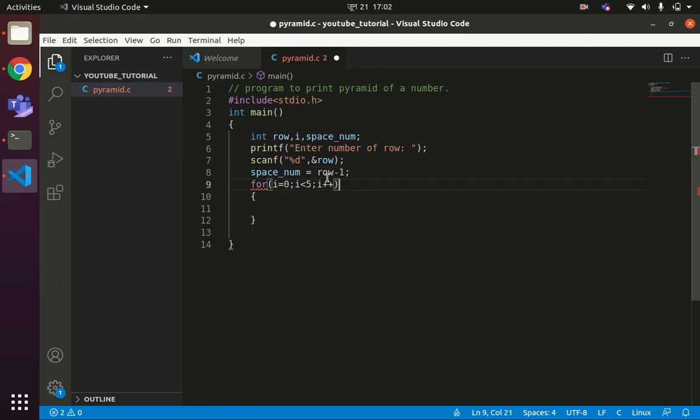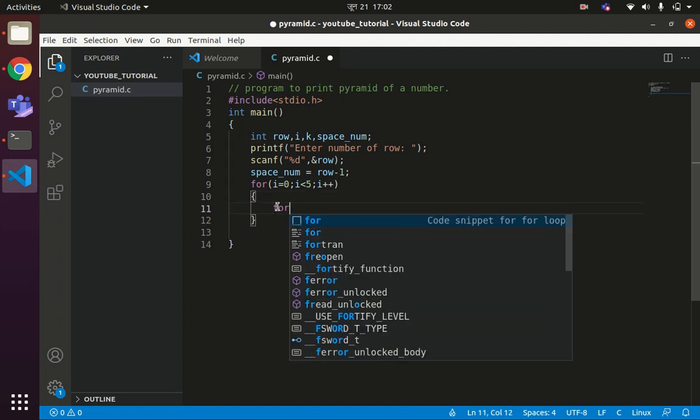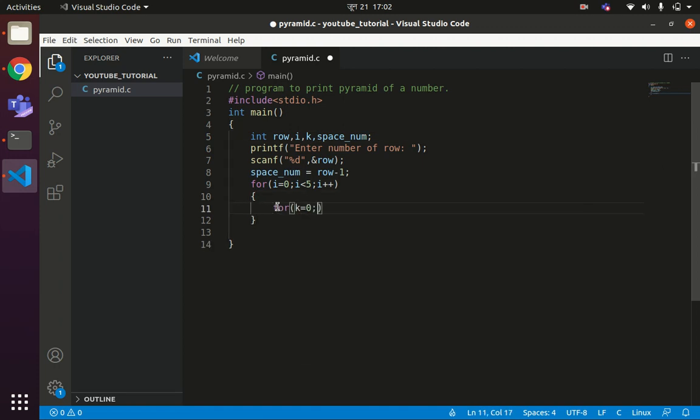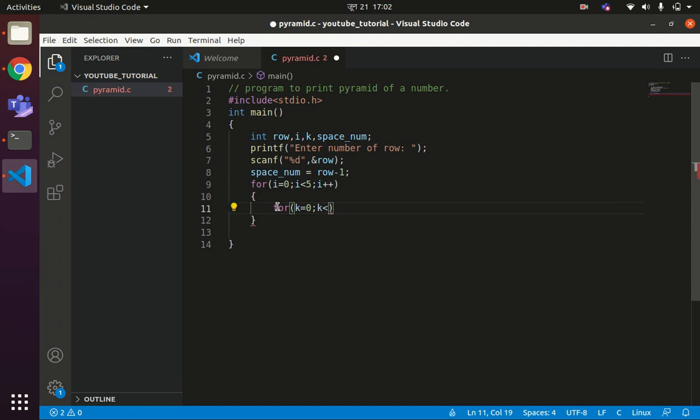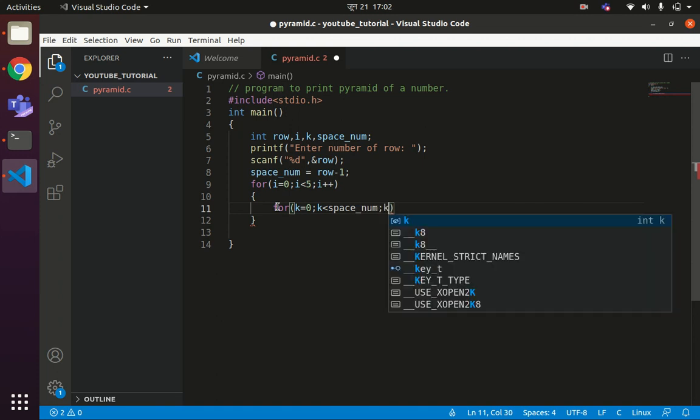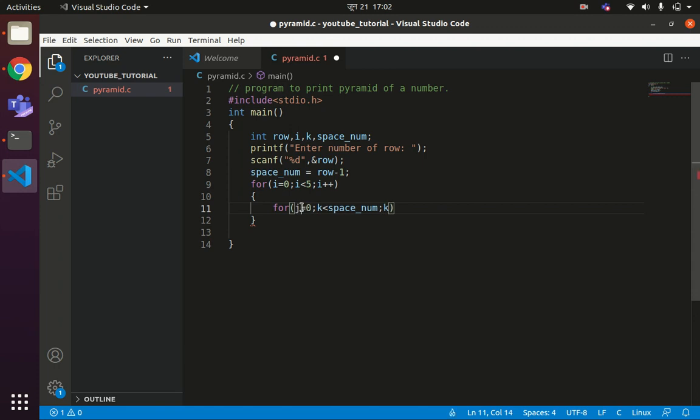Now let us create one more variable to control the number of spaces to be printed. For j equals 0, j less than space num, j plus plus. We need one more variable here.